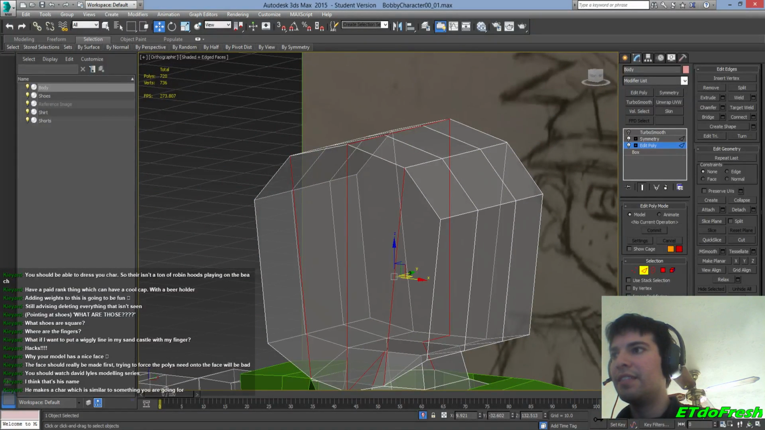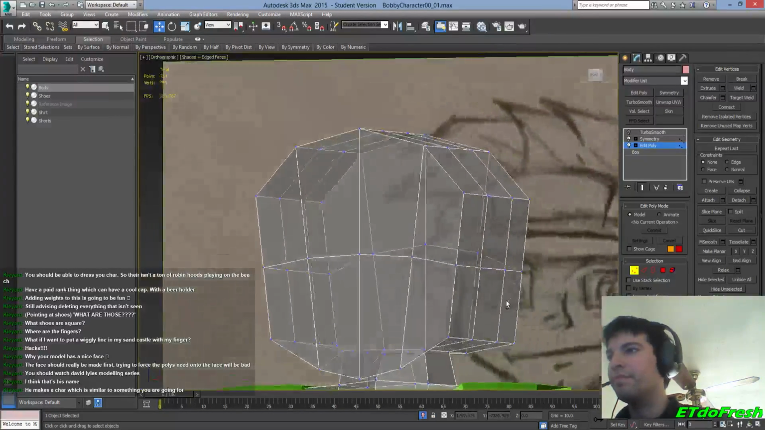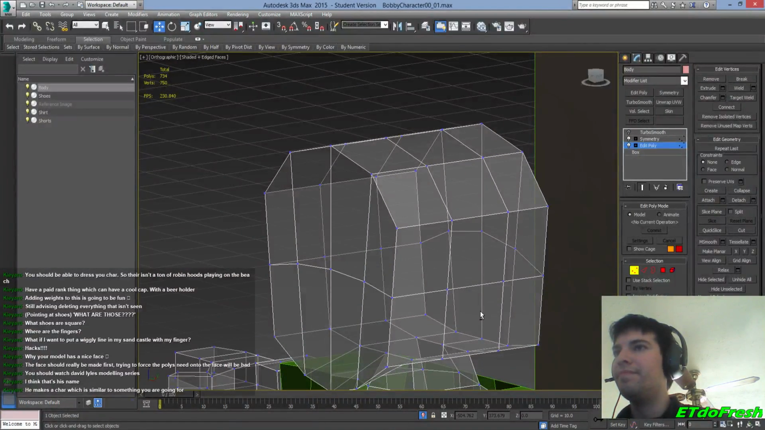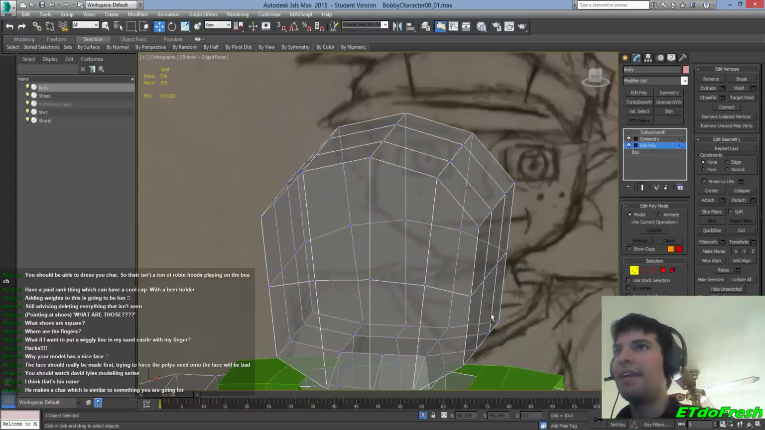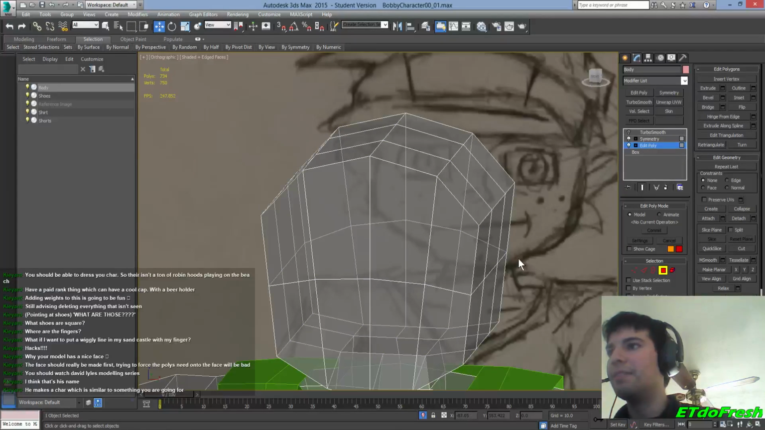So I'm going to ring this, connect, and then let's see, let me think. I think I can kind of relax all of this a little bit. Wasn't there a relax tool or something? So if I selected all these polygons and